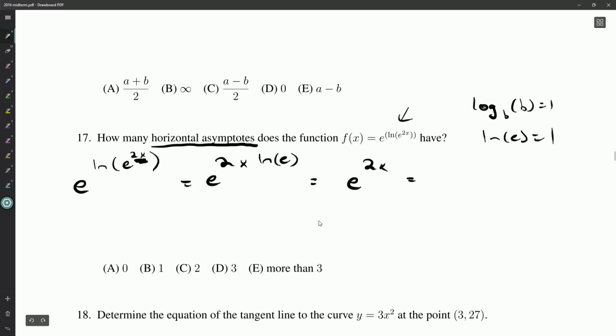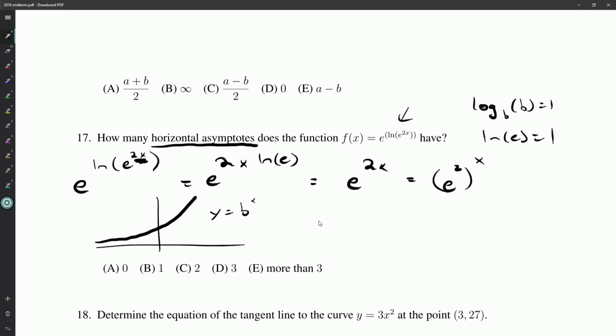Now in terms of horizontal asymptotes, I'm going to use my exponent rules. Just rewrite this as e squared to the power of x. The reason I'm doing this is to emphasize that what we've got here is a function that looks like b to the x, a normal exponential function. The base here is e squared, which I believe is a little less than 9, about 7.25 I think. But we've got a nice little